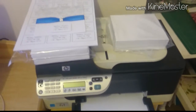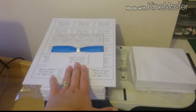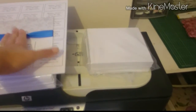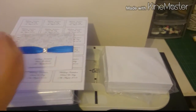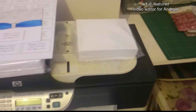printer and copier, and this is a customer's order in process, wedding invitations. And note, that is not the one she's having. This is just a sample that I showed her. So it's going to be same as this, but different coloured ribbon. And there the card's ready to cut. And then down here,